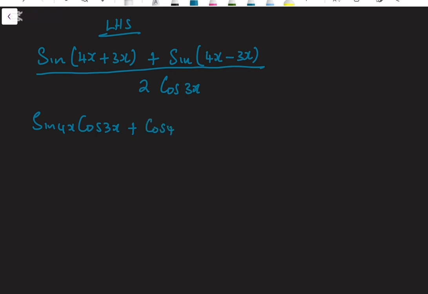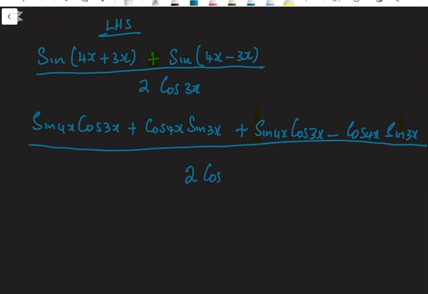cos 4x sine 3x, and then plus. Now, since we have a plus here, there is no need to put the bracket. But if we had a negative sign, make sure that you put a bracket before you expand. Now, we are going to have sine 4x cos 3x. The sign remains. And then cos 4x sine 3x. All divided by